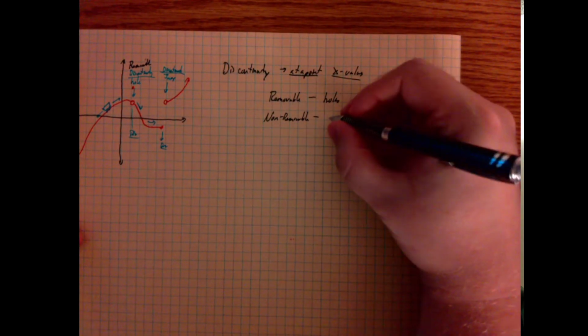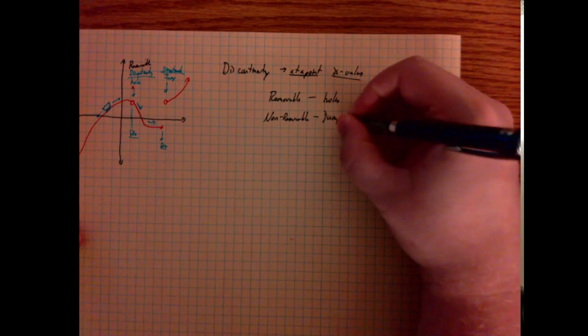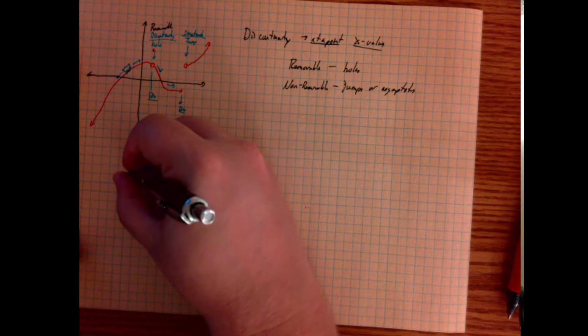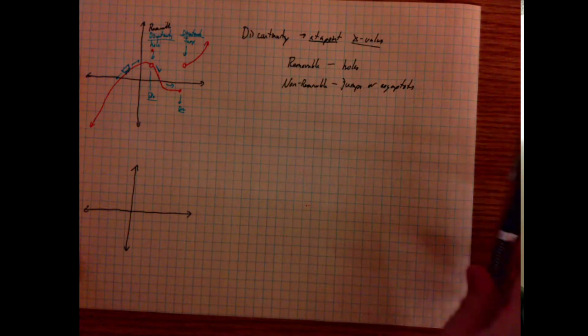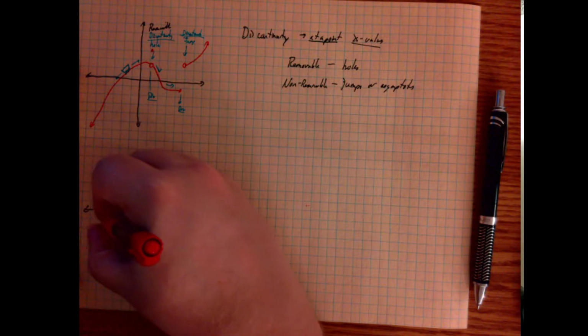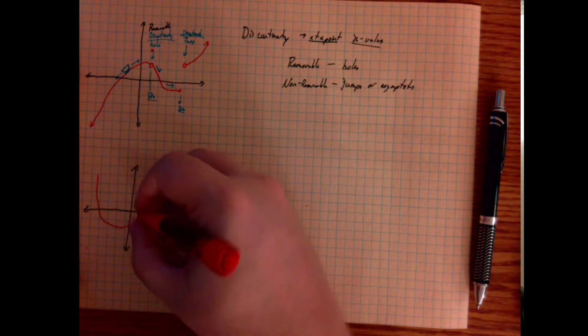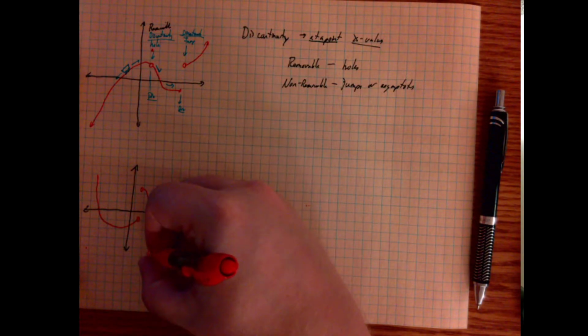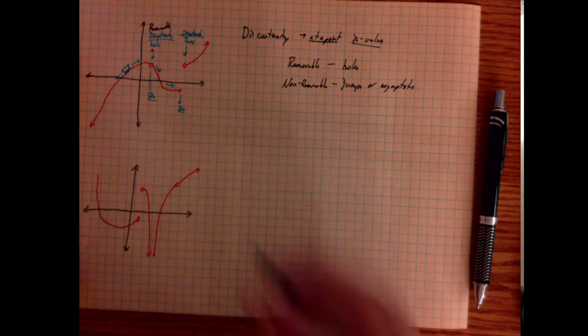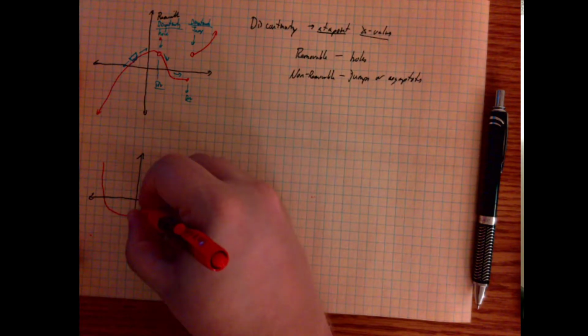Non-removable refers to jumps or asymptotes. I didn't show an asymptote on this function, but let's look at another graph, which will showcase all three. Okay, so in this example,